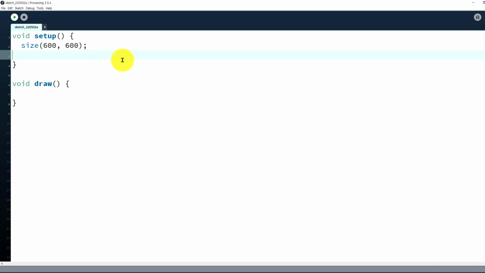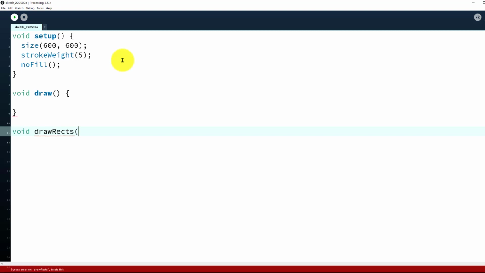So in the setup function, we open the canvas, and we'll draw a thick stroke, right? Stroke weight should be around 5. And let's use no fill for the simple one. And let's make the recursive function here. Void draw